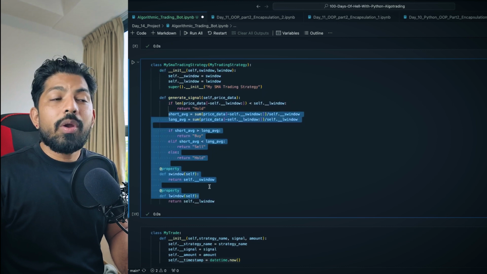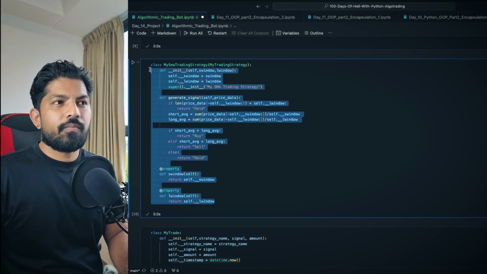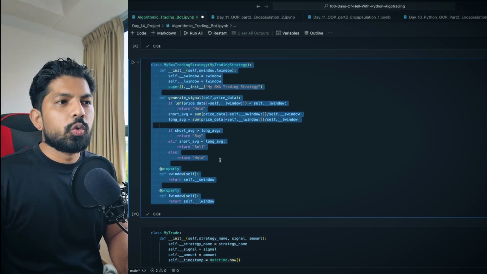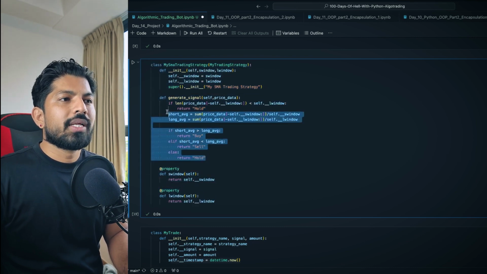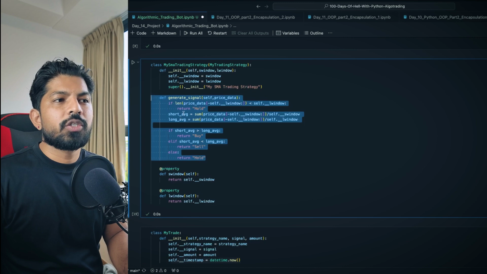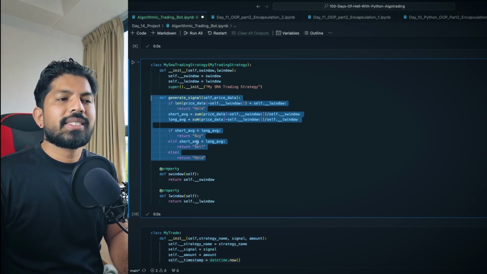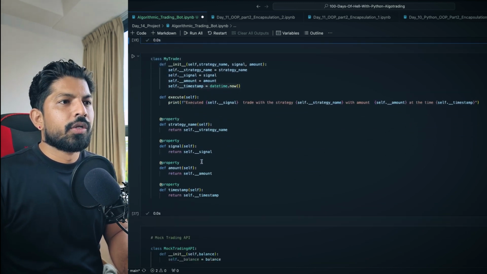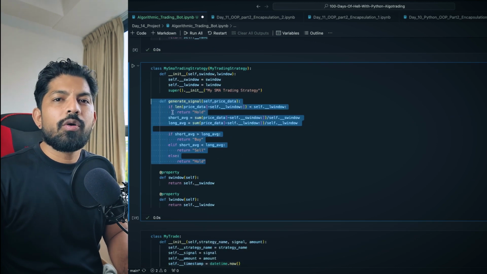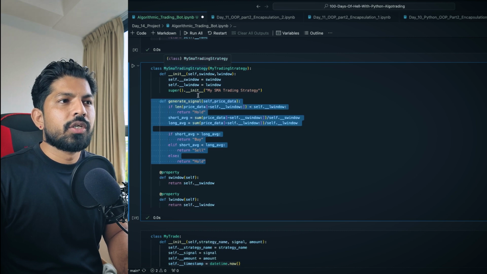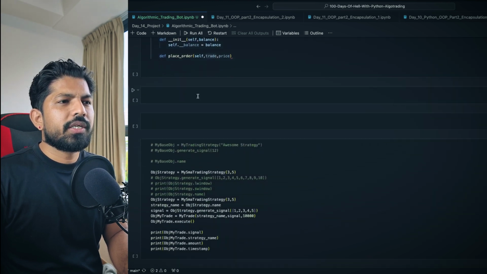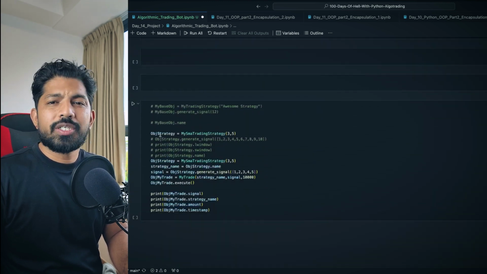So now I want the object of this to be passed as an argument to that class. In that also, particularly, I want this method generate signal, so it can pass us the buy, sell or hold signal, right? We have already created the object of this class, my trading strategy. So we have the object here, this one, object strategy.